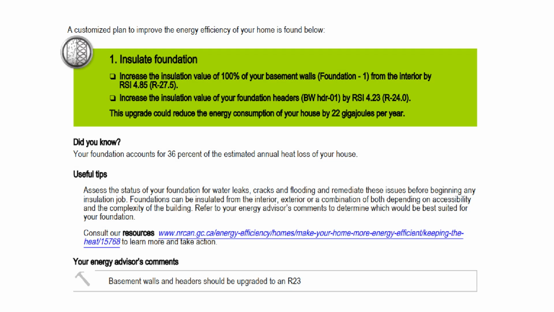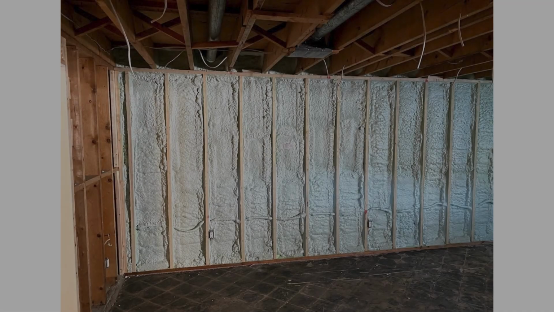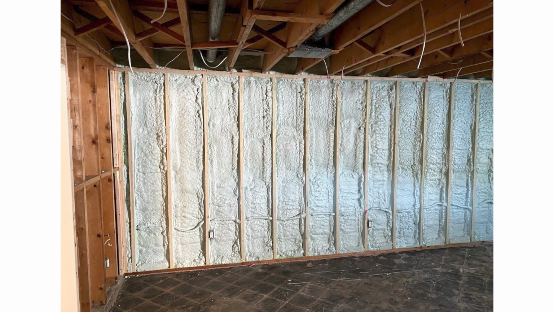Yeah, so this is the next one around insulation of foundation walls. A lot of people have uninsulated or unfinished basements. So this is a really great opportunity to create comfortable spaces in basements. There's a lot of energy actually lost through your basements and foundation walls. I had very old, very minimal basement finishing. The old owners had dogs, and there were some stains in the carpet and whatnot.